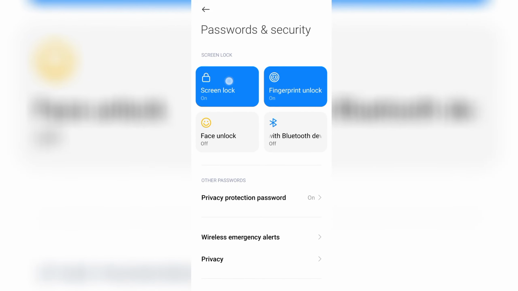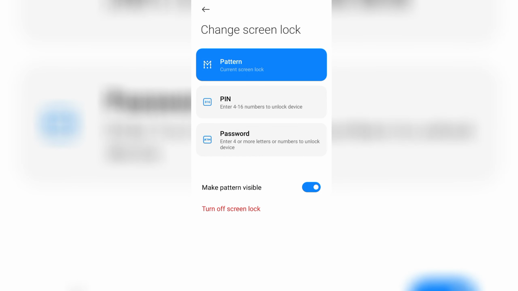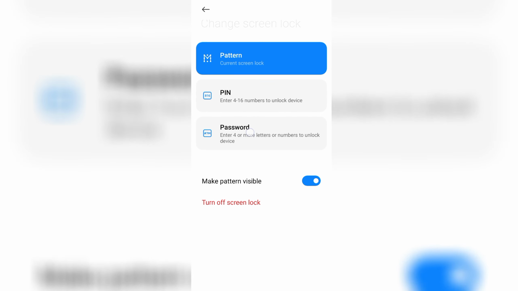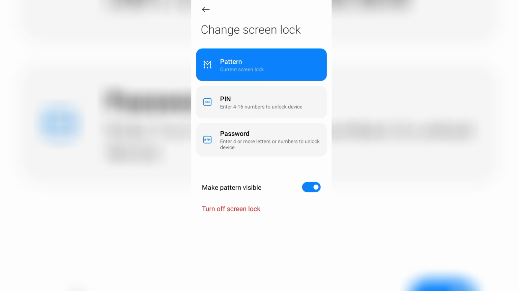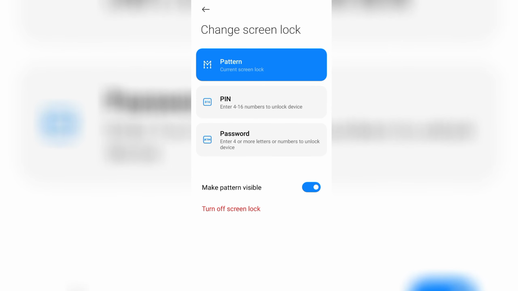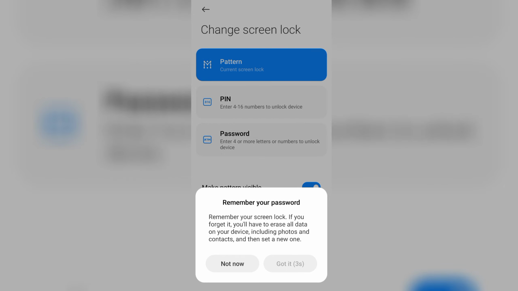And to change the screen lock, tap on screen lock and enter your old password. For example, my password is this, and now select your desired password. If you want to enter a pin, select pin. If you want to enter a password, select password. If you want to enter the pattern again, just tap on pattern again, and you can see